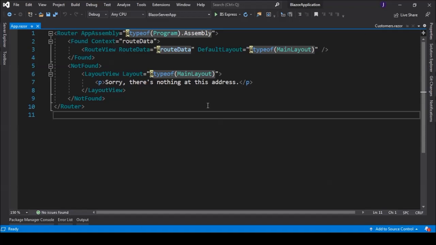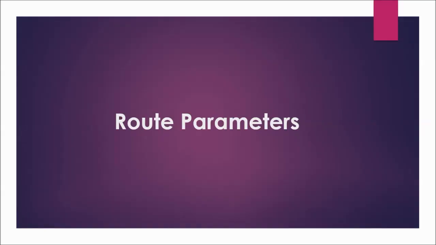If you notice the app.razor code, if it finds a match, then it will execute the corresponding page. Otherwise, it will give us a message like, sorry, there is nothing at this address. Now we will discuss route parameters.